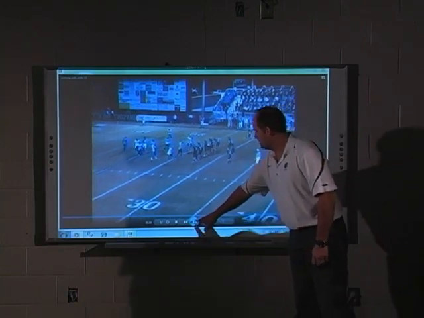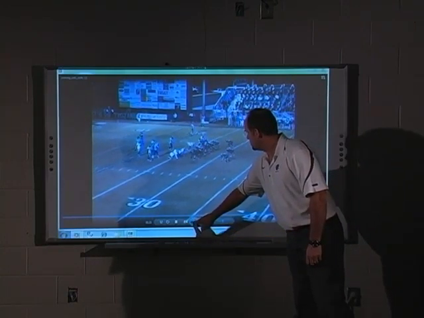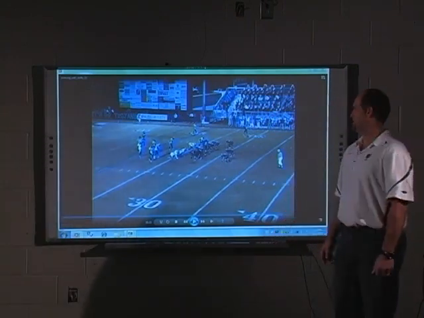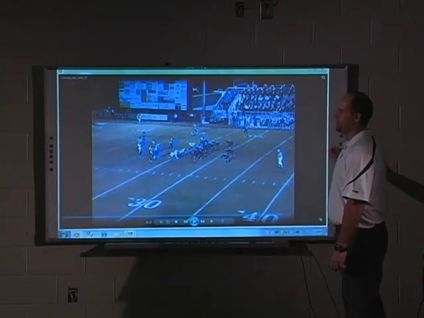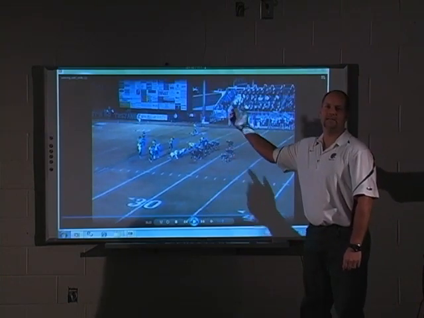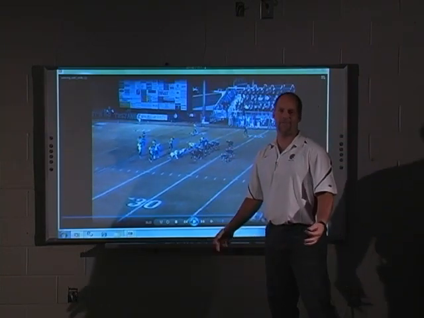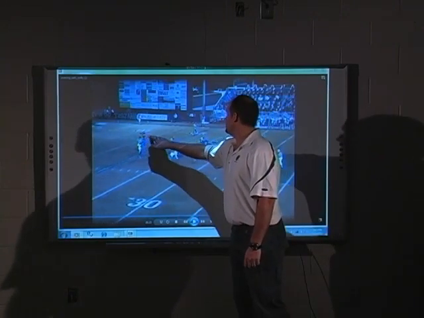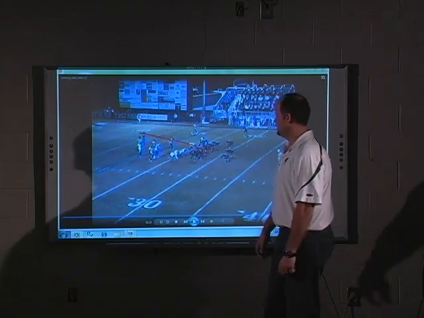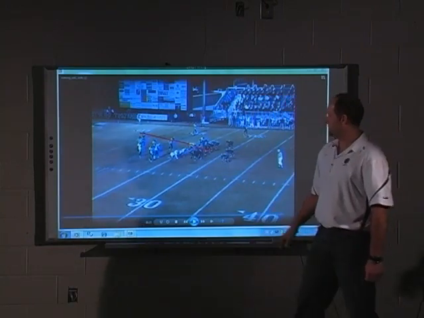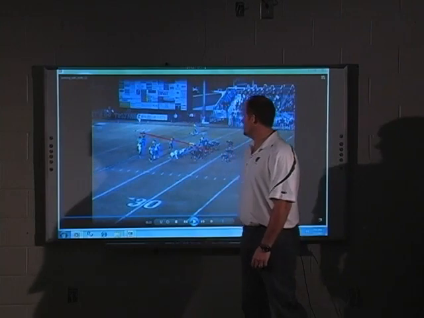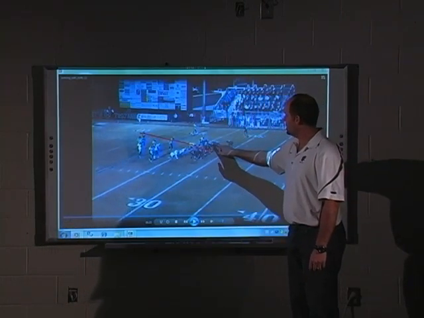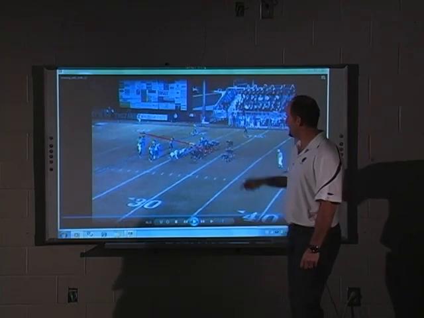But what I want to do is I want to stop this video right here. After running it about 3 times, the defense said, hey, they're not doing anything but lining up in one formation and trading over, so we're going to wait for them to trade. And if I were to draw a line right down the middle of the defense, you can notice that there are a lot more defenders over here than there are over here. This is actually an unbalanced set. I've got a guard, a tackle, a tight end, a wingback, and an X.